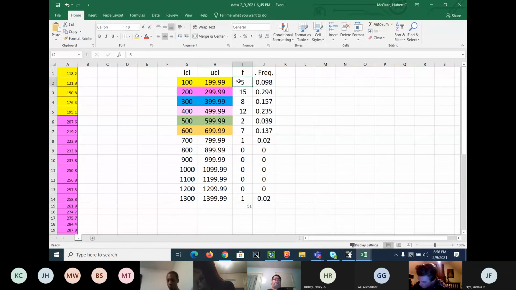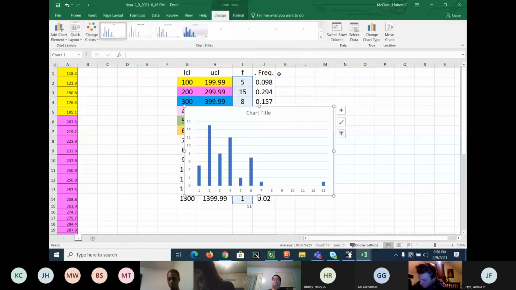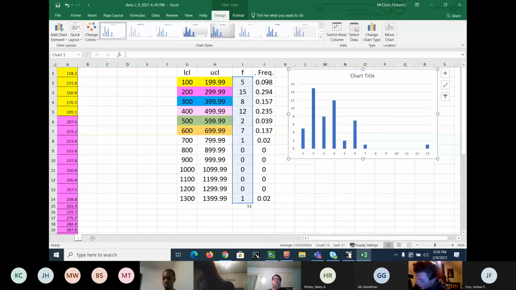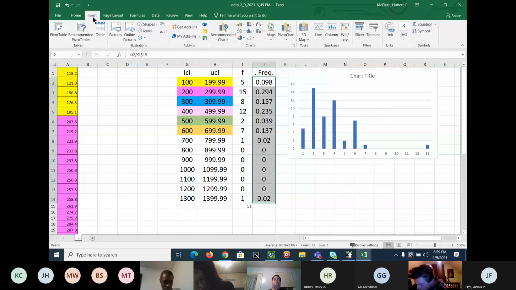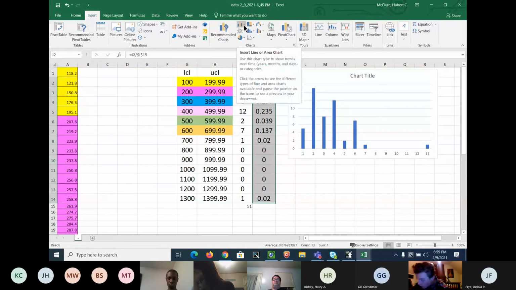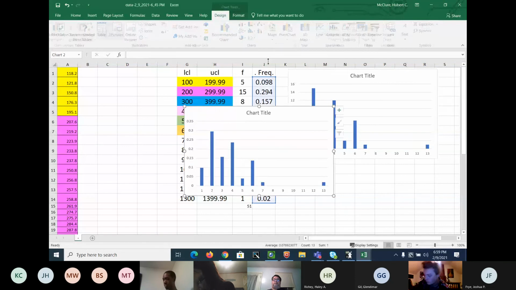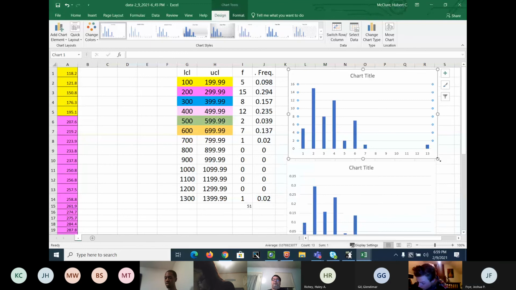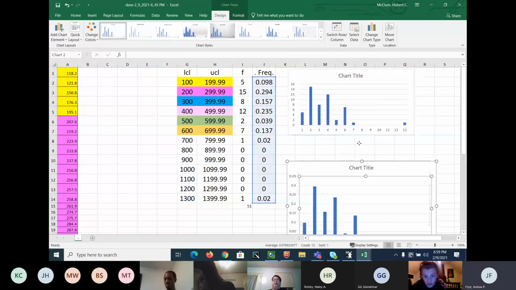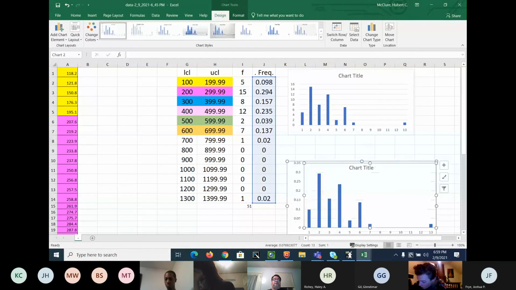I'm going to go ahead and show you the 2 graphs while y'all are working. There's the 2 graphs, and of course you can see the graphs are